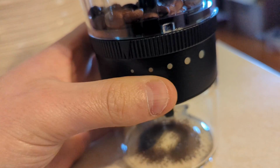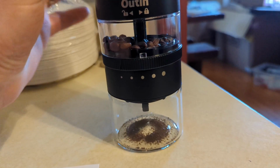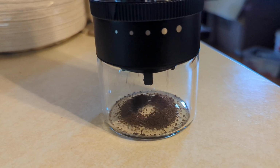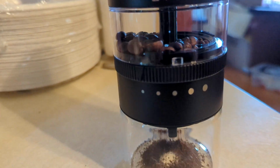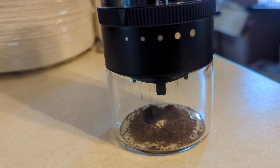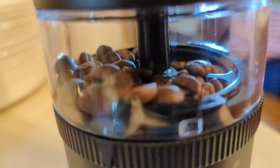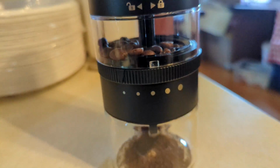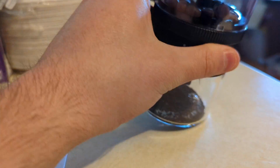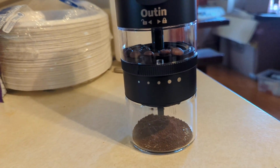And again, you can change your coarseness by twisting this piece right here. We like it coarse, so we're going to have it on the lowest setting. And you guys just put your beans in and you let it go and come back and check on it